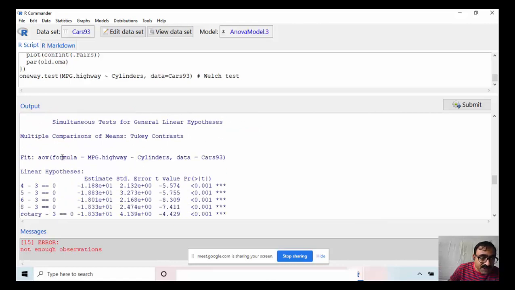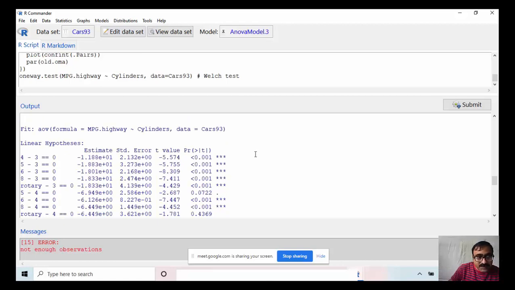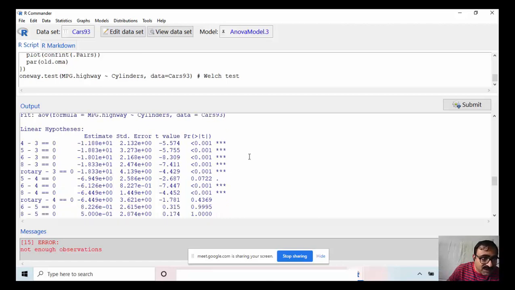This is fitting of ANOVA, miles per gallon on the highway for the different cylinders. Data is Cars93. Here it is comparing between different cylinders, 4 cylinders with 3 cylinders. Equal to 0 means there is no difference. It is testing this hypothesis, and this is the estimate, standard error, t value, and this is the probability value.